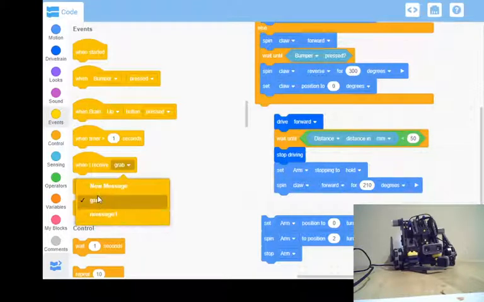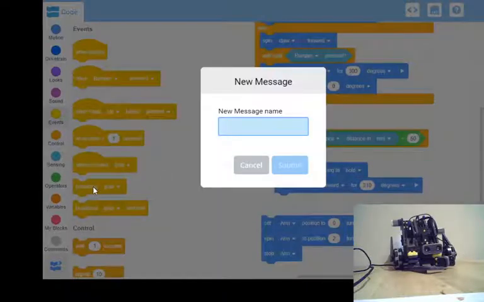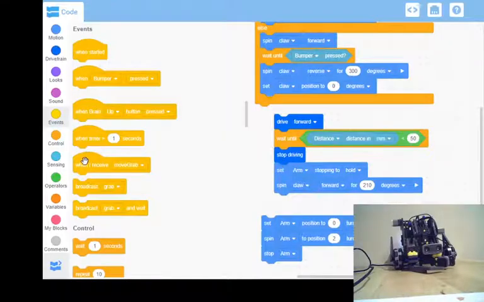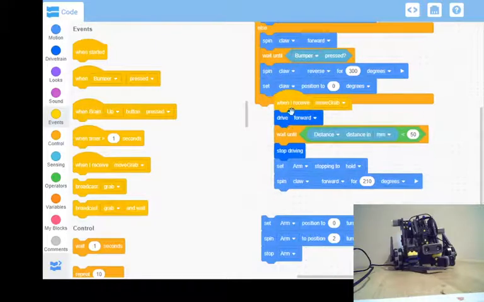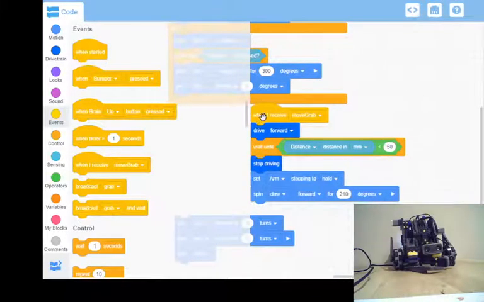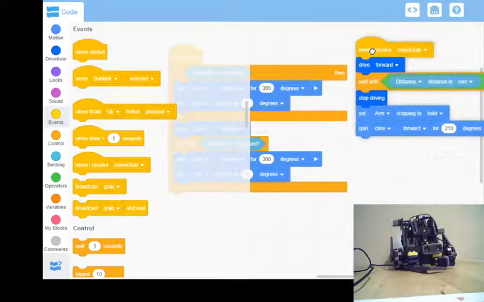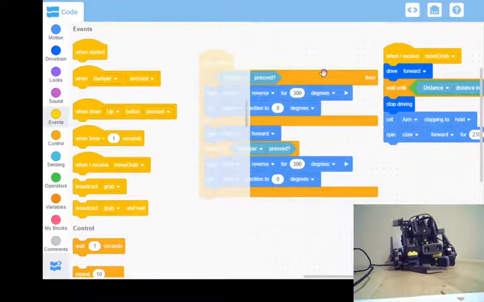I've made a couple before. But let's say "when I receive new message," and let's say "move grab." So it's moving forwards and it's grabbing. So I've got this "when I receive move grab," I can do this thing. And I can take this up and set it up above my code. So now when I'm in my code here,